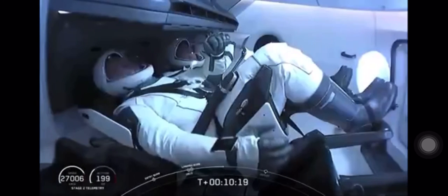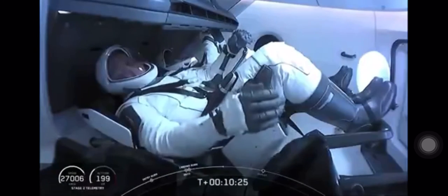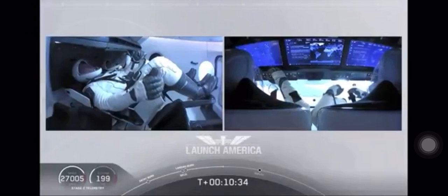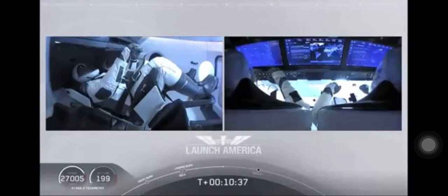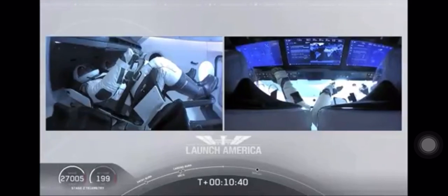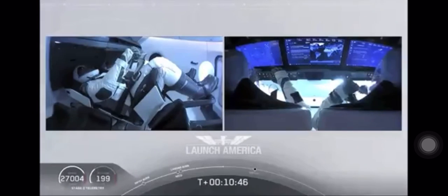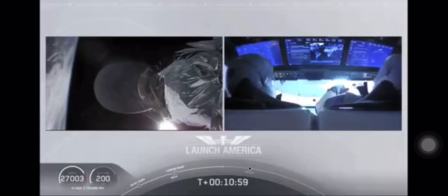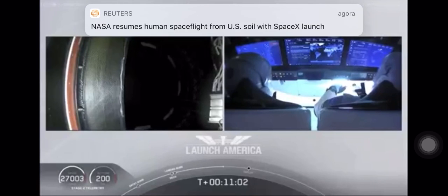Looks like we saw a 0G indicator floating around there. I know Bob and Doug owe us a little bit about what exactly that is that they brought up with them. And before Dragon initiates separation from the second stage, they do make sure the vehicle is not spinning and it is in good condition before we separate. That's right, the upper stage does a small attitude maneuver using some cold gas thrusters built into the rocket body itself. Exactly, so we do expect that separation to occur in about a minute from now. They do wait until